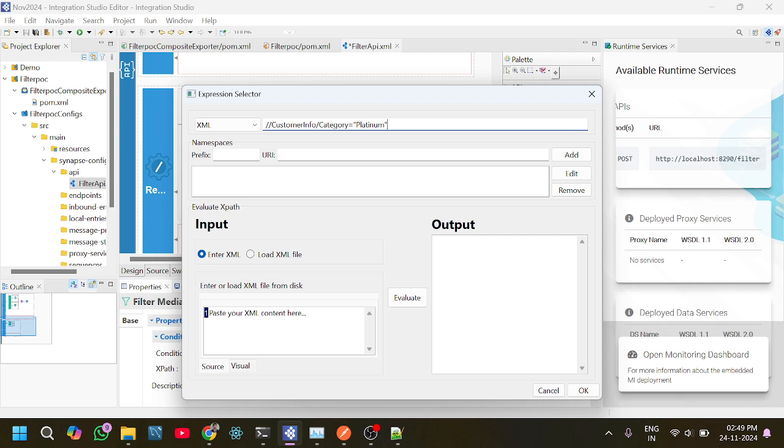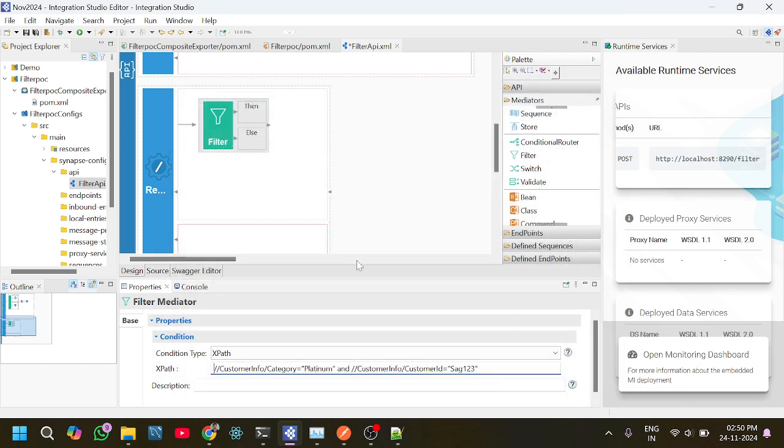Platinum, and customer info slash customer ID equals to, customer info slash category platinum and customer info slash customer ID is SHG123. Click on OK, and